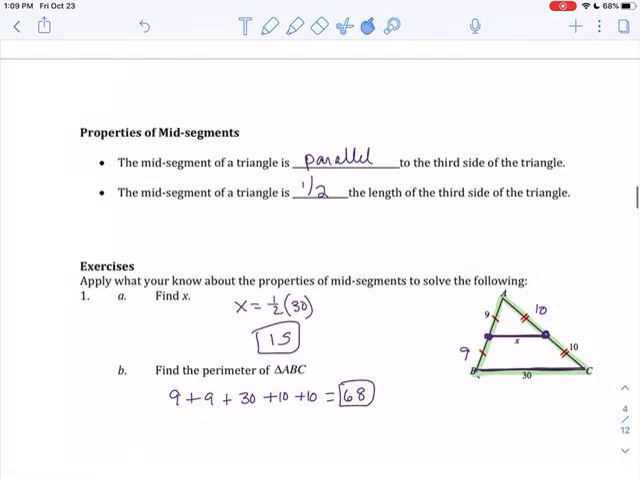Okay? And we will practice that tomorrow with the midsegment. That's the end of it. So the two basic rules that you need to know are here and here. It's parallel to the third side, so then you'll have those